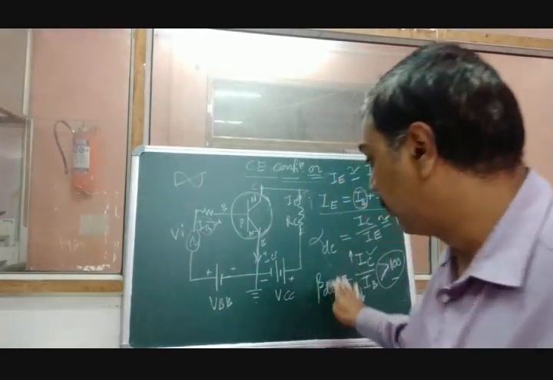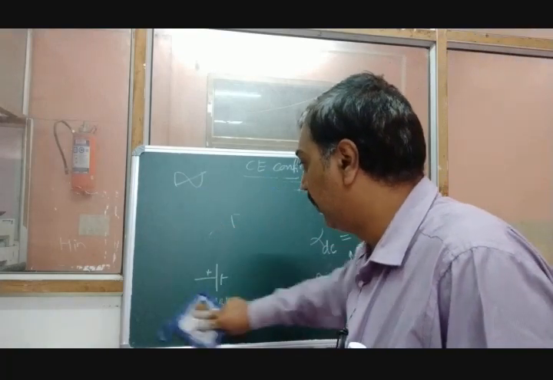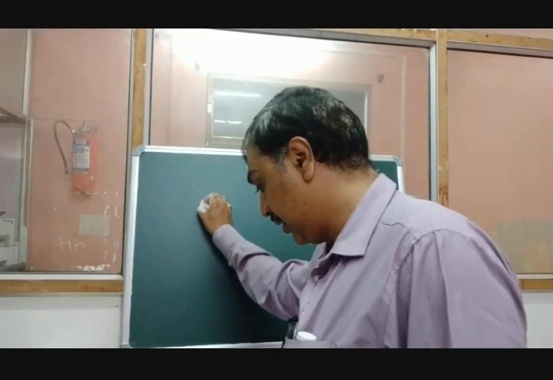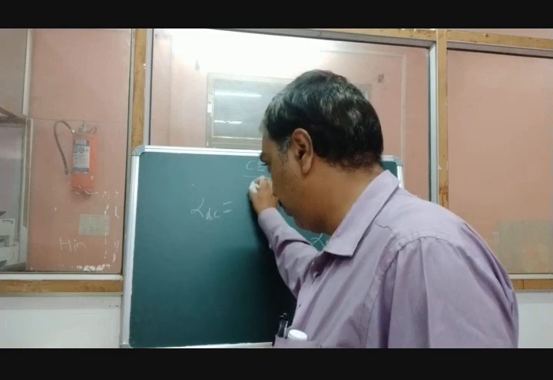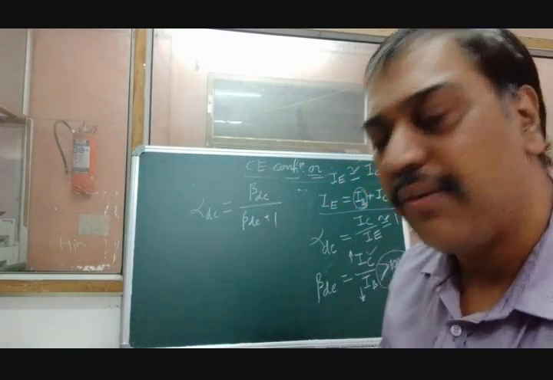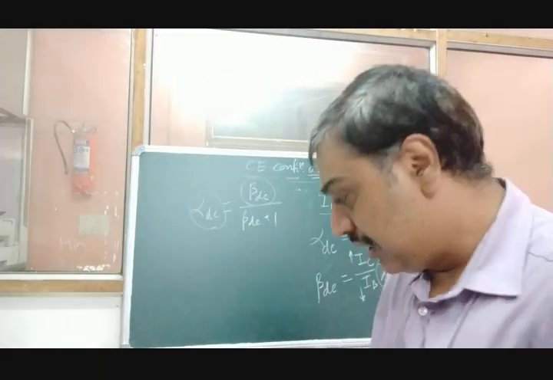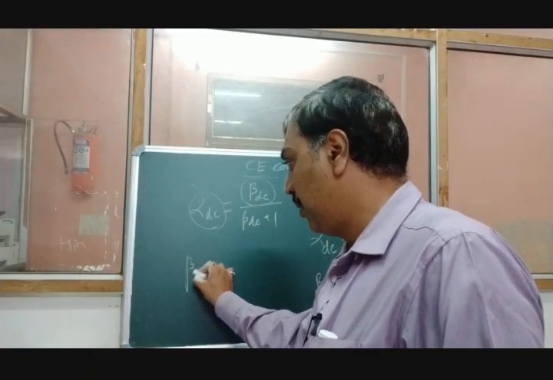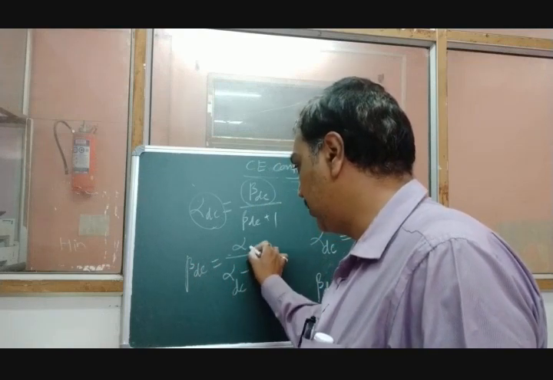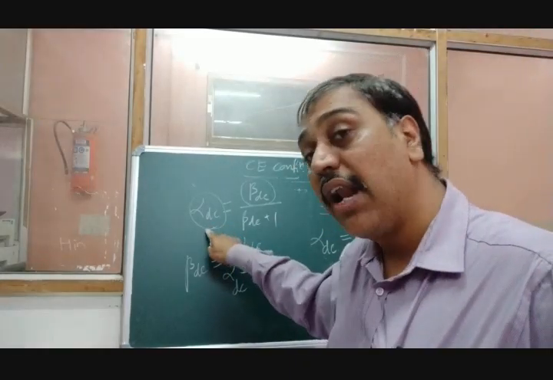Okay, so these are said to be the current gains in the case of a transistor. Now these two current gains are related to each other by a correlation. If you see in your book, there is equation 16.5. They have given alpha DC equal to beta DC divided by beta DC plus 1. This equation gives alpha DC in terms of beta DC. Similarly, the next equation 16.6 says beta DC equal to alpha DC divided by 1 minus alpha DC, which gives beta in terms of alpha.